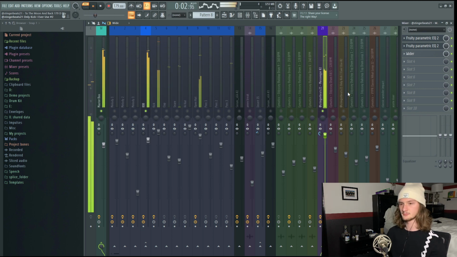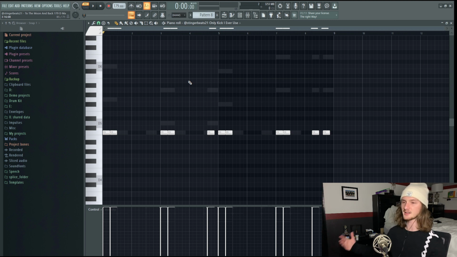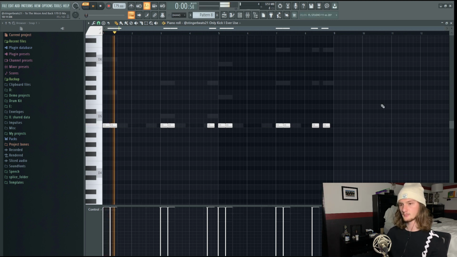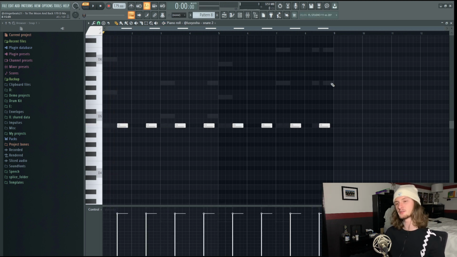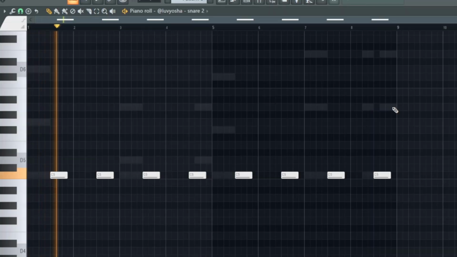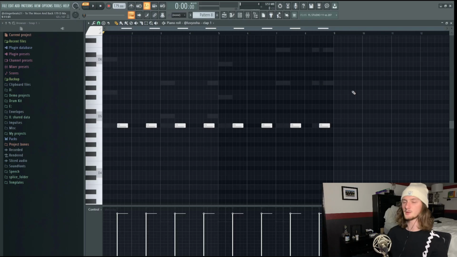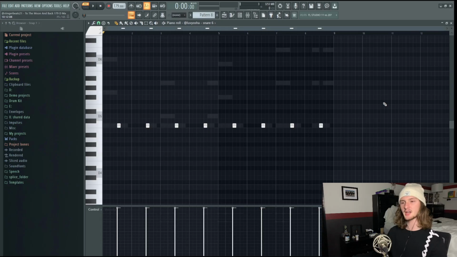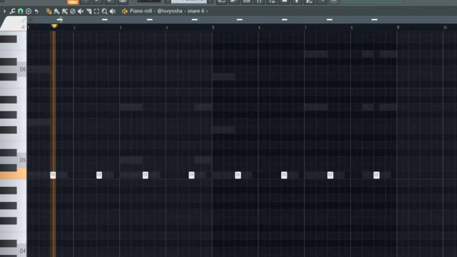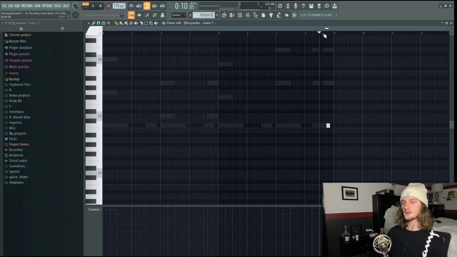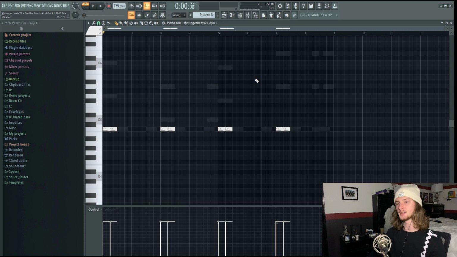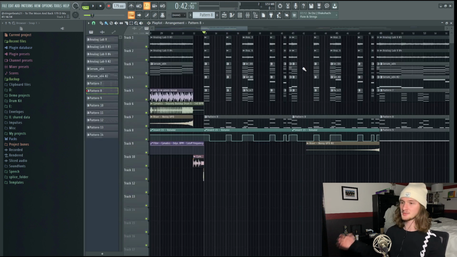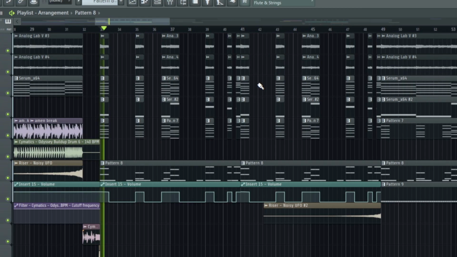The next aspect I threw in is this kick following the 808 pattern. After that, I threw on this snare from Love Yosha's Hyperpop kit and layered it with this clap, as well as this very common hyperpop snare. After that, I threw down this accent snare at the end, and I grabbed this open hat from my Hive stash kit. So this is what the drums and the melody sound like all together.